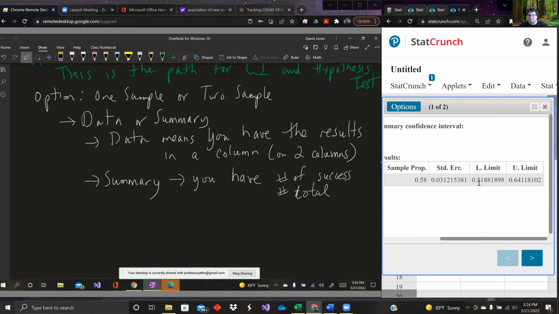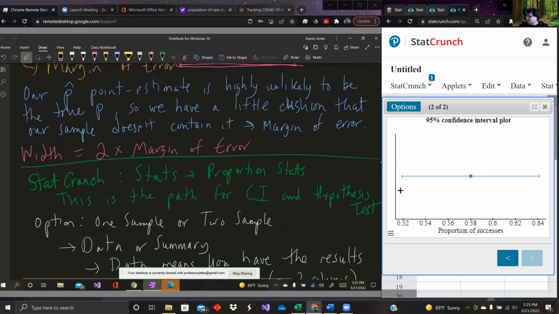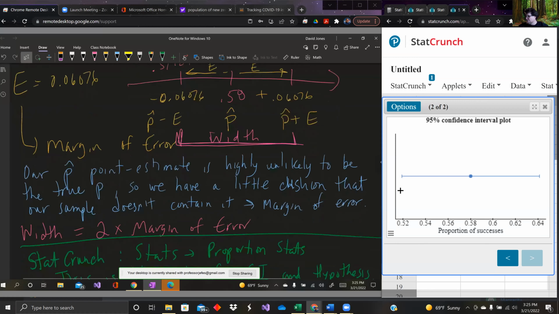So it won't use that rounding, but it will come up with the lower limit and the upper limit. So those are what you're looking for when you see that. And it's giving you that window that we showed, like I was doing right here. It's doing that little confidence window like I showed you. So that's all that does.